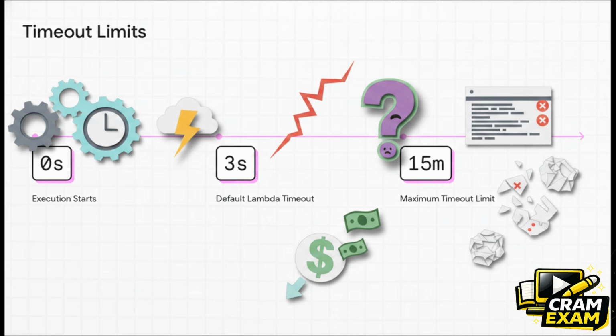By default, a Lambda function times out after just 3 seconds. Now you can raise this limit all the way up to a maximum of 15 minutes. And this is exactly where people mess up. They see a timeout error in their logs, they panic, and they immediately crank the timeout limit straight to the 15-minute maximum. That is a terrible idea. If your code is hanging, you are literally just paying AWS to wait 15 minutes for your broken code to